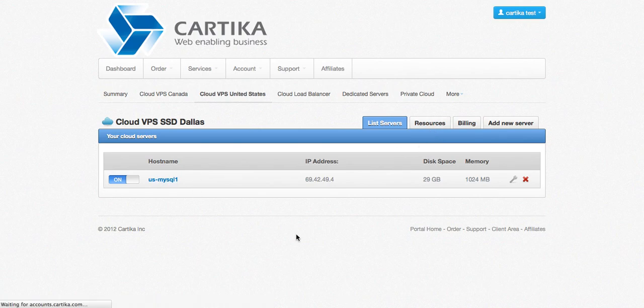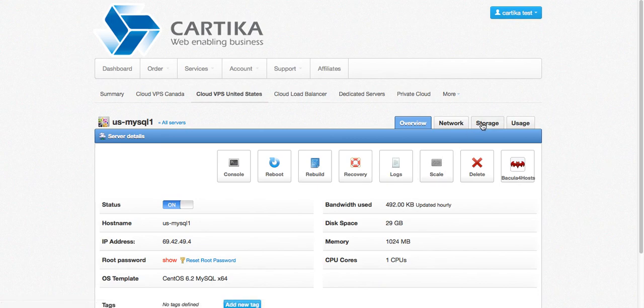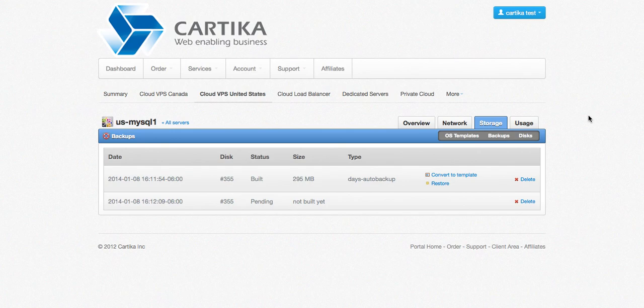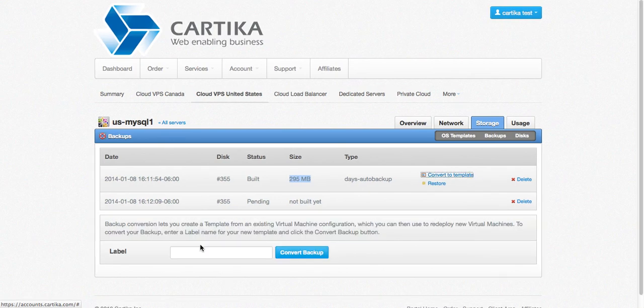So I'm going to go in here and check on the status of this. There we go. So the backup job is completed. You can see it was 295 megs, and we've got 255 megs, and we've got a full snapshot of this, which now we can also convert to a template. And when you convert it to a template, that means you can use it to easily create other VMs. So whether you're doing load balancing and automatically adding additional VMs to your load balancing array, which is a feature we'll show you in a future video, or whether you want to convert to a template,